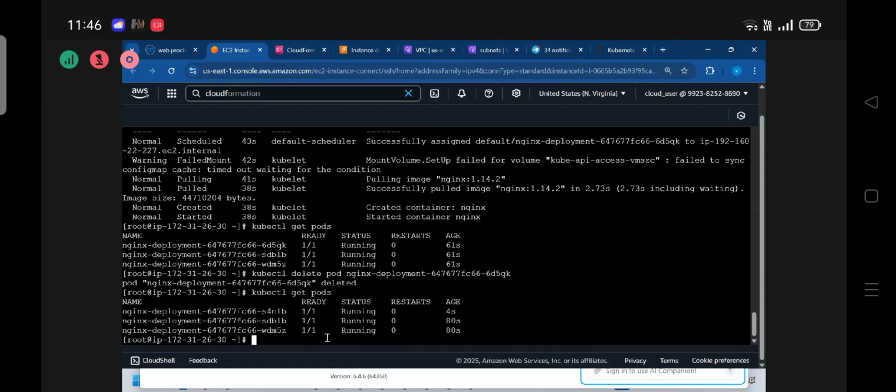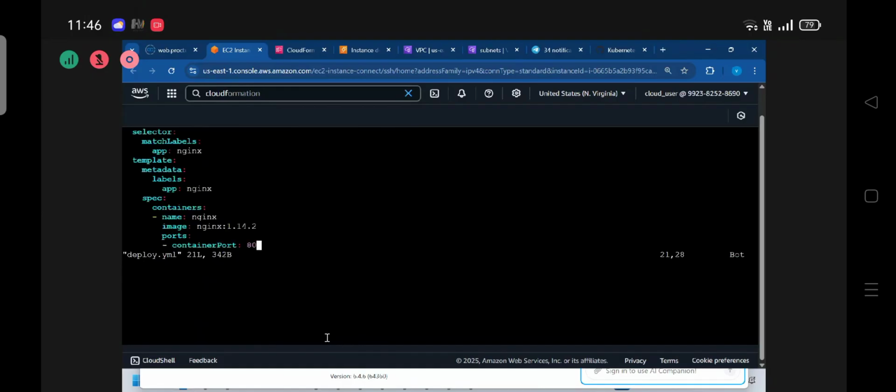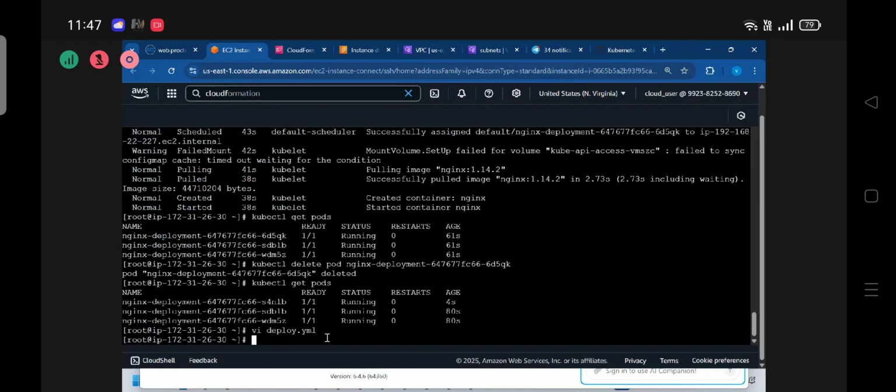Let's go to the YAML. So this is Nginx, right? I'm going to change it to HTTPD. The name you can keep as Nginx also. Name is just a name only, right? Otherwise you can change it. Okay. Again, kubectl apply -f